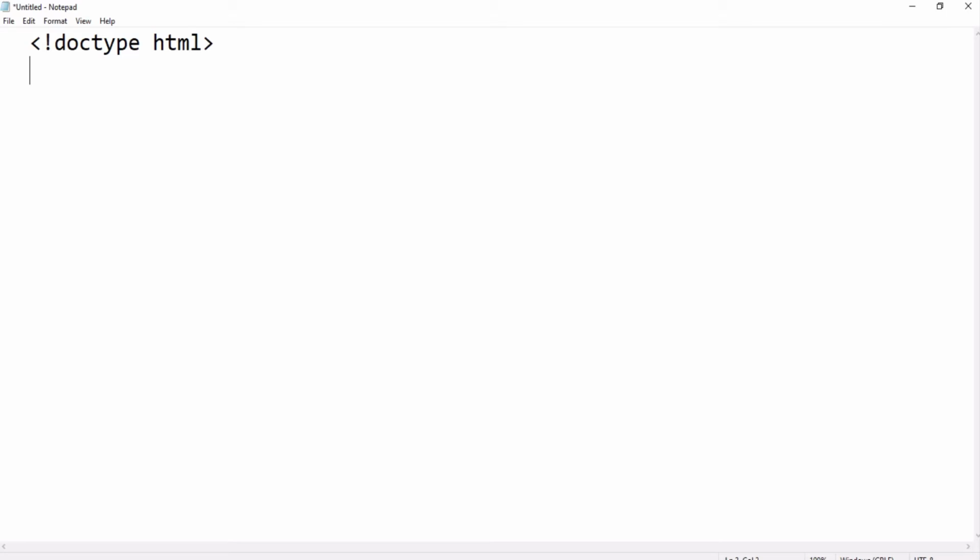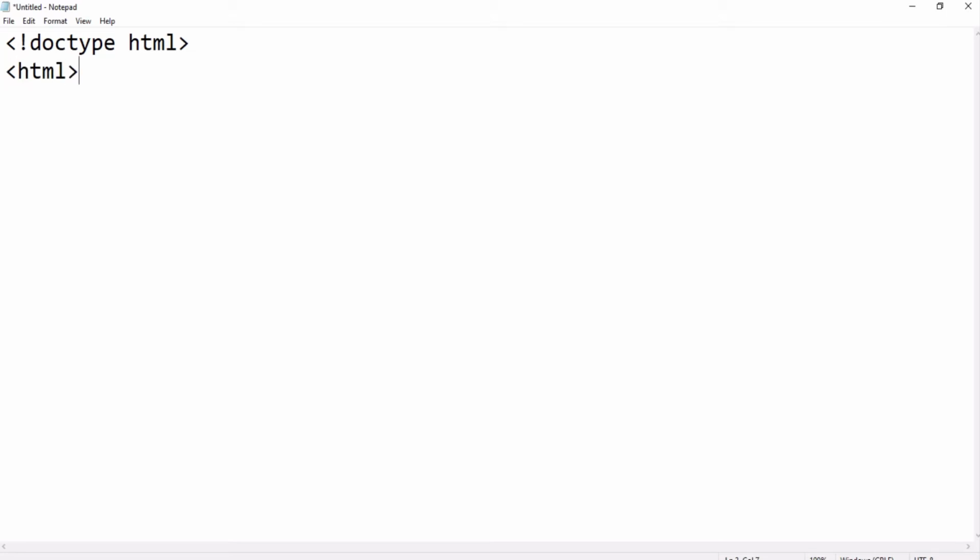So the next is, first of all we have to use doc type before the entire text on the web page. That declares the document as HTML5. In HTML5 it is very important to declare it. It is required, you can say. So let's start with the HTML tag now.